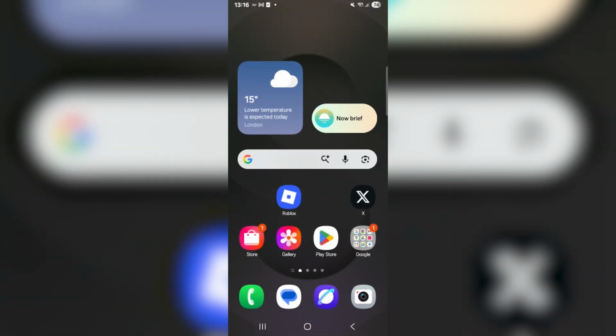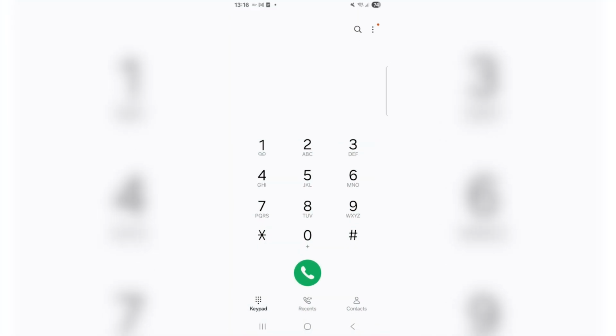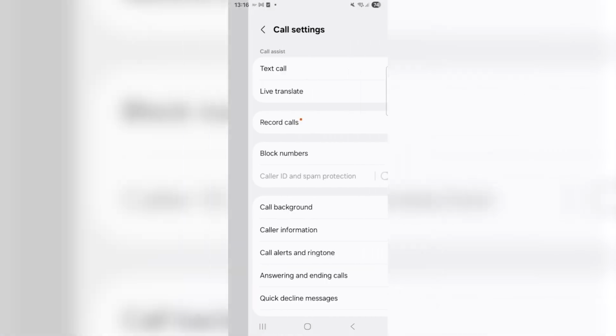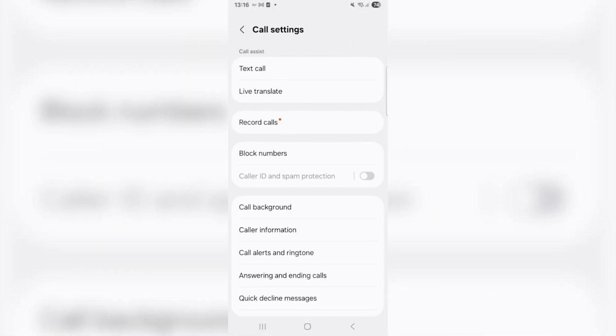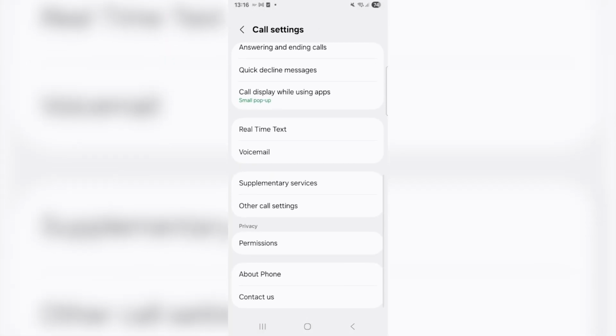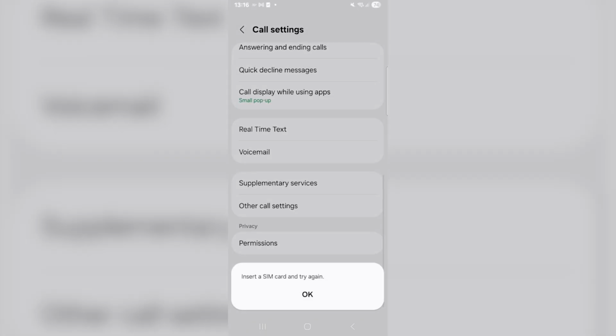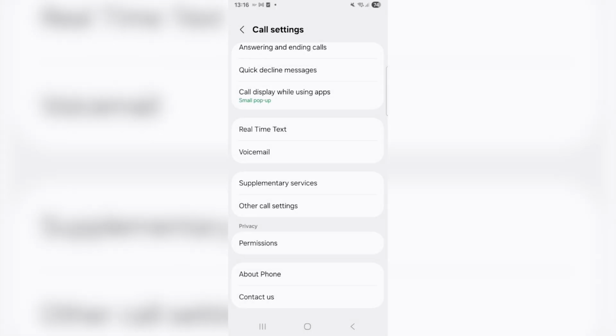And then what I also want you to do is go over to your phone application, which is on the bottom left, and then press the three little dots on the top right. Then go to settings, which is the third option. Over here, you can do a lot of different things, but you want to scroll down until you go to supplementary services. I have a SIM card, but once you're in supplementary services, what you want to do is go